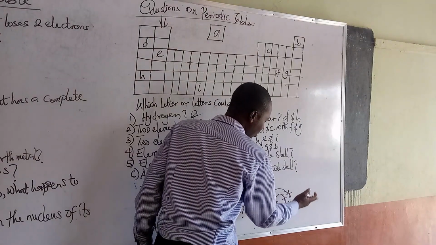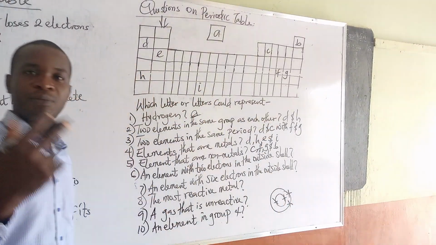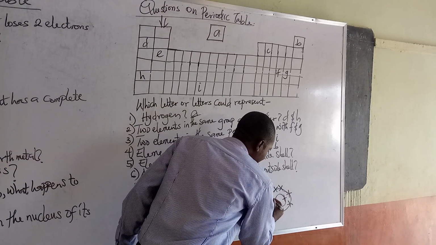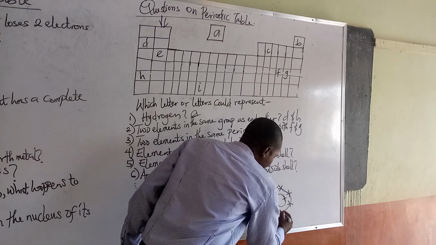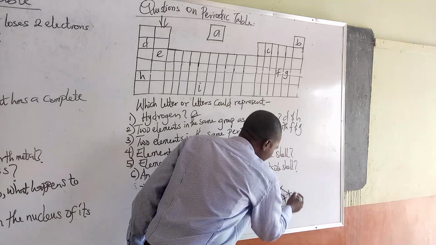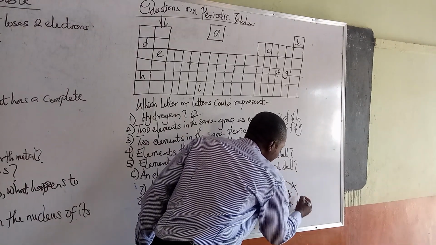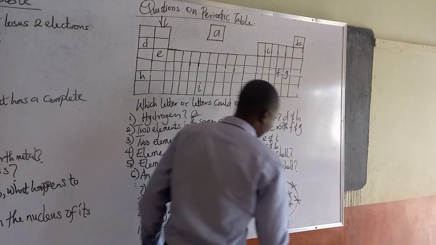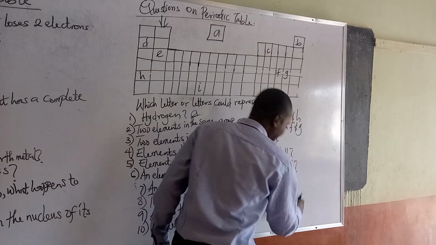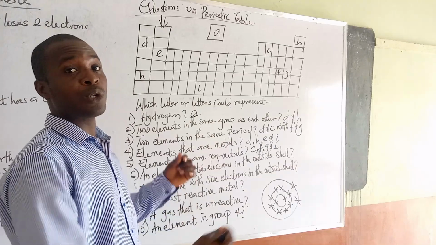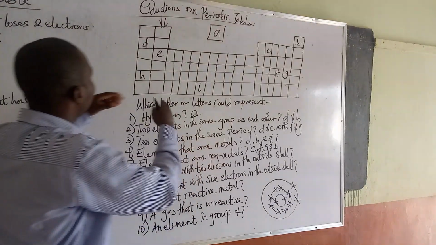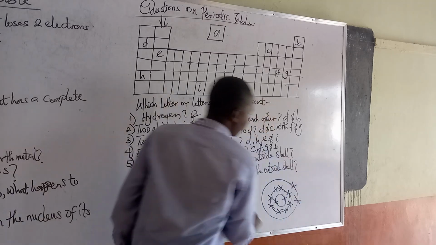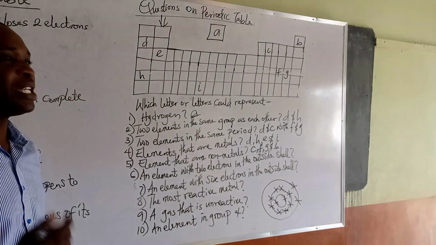Hydrogen, helium, lithium, beryllium. So beryllium is in group 2. If you complete this 8, the second shell will take 8 electrons, and you put 2 electrons in the third shell. Then you are going to have magnesium. This will be magnesium, which also is in group 2 of the periodic table. So if I complete this 8 and I put another 2 here, we will be meeting ourselves in group 2